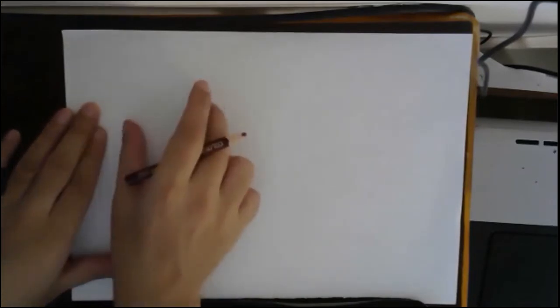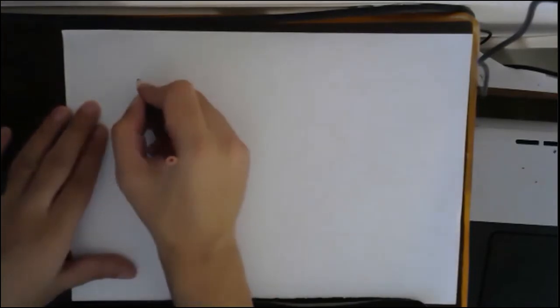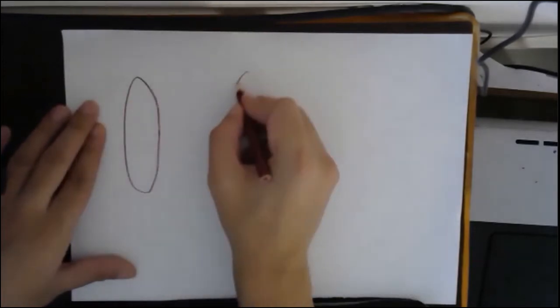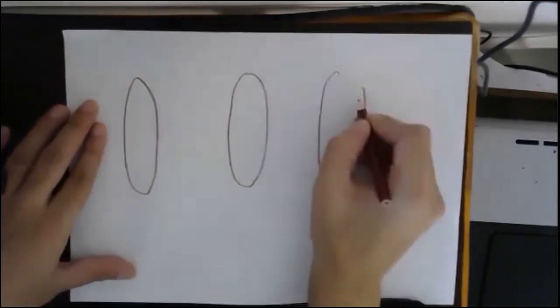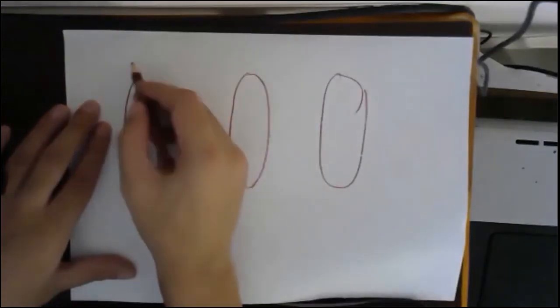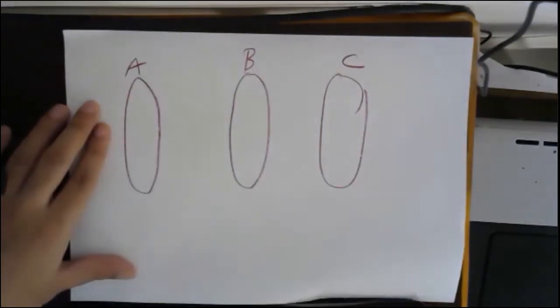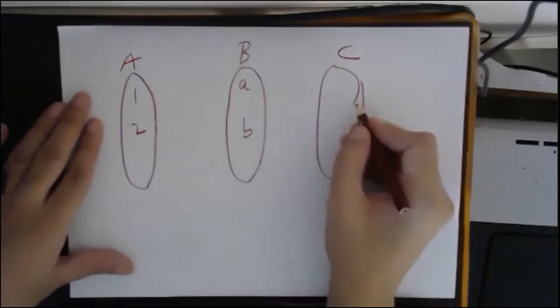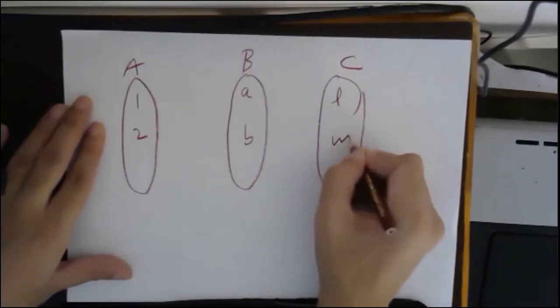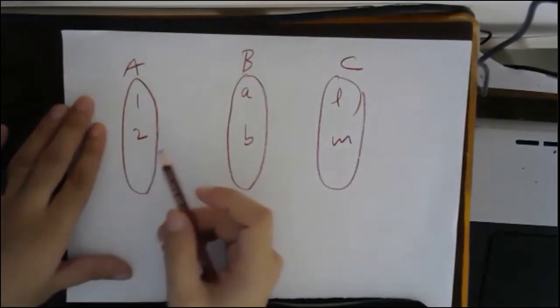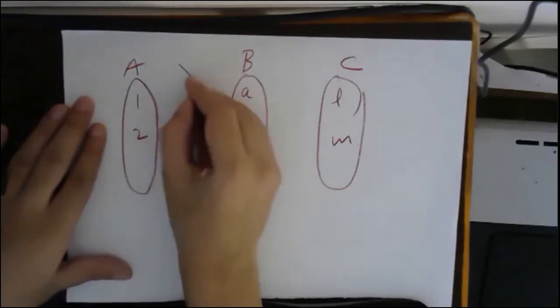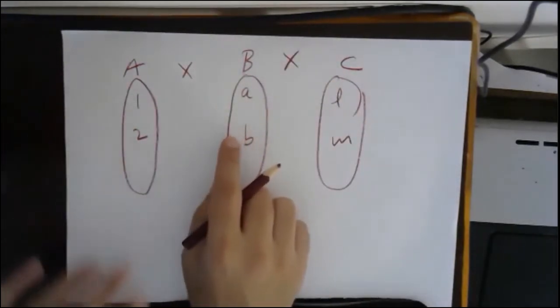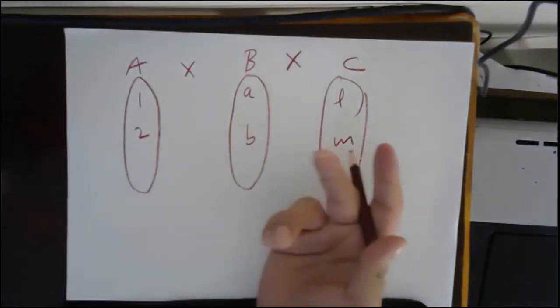So this was only an ordered pair from 2 sets. Now suppose one of you asks, sir, what will be an ordered pair in case of 3 sets? Suppose this is set A, this is B, and this is C. Set A has 1, 2, set B has A, B, and set C has suppose L, M. Suppose I want to write A cross B cross C. Yeah, best example, 3D graph, A cross B cross C.